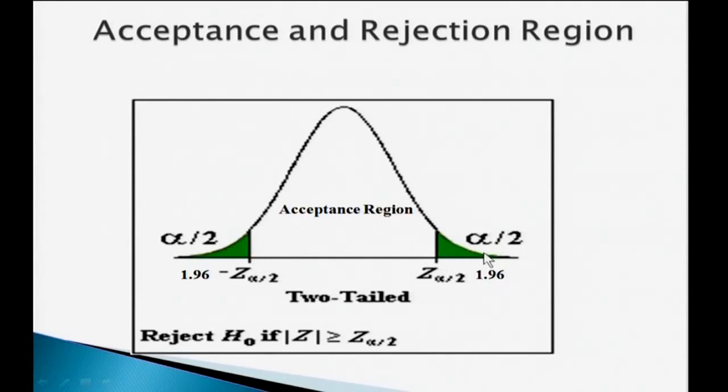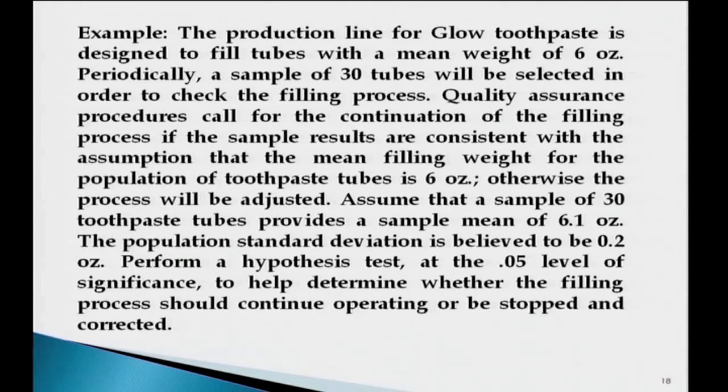If there is a rejection region expected on both sides, then that will be a two-tailed test. So, we will reject H naught if Z cal is more than the critical values. These critical values, like we discussed in the previous slide, are for 5%, 1%, 10%. So, your Z cal must be more than this for your H naught to be rejected. If it is not more than, if it is less than, lies in this region, then your H naught would be accepted, meaning we do not reject it. We generally say we do not reject H naught.